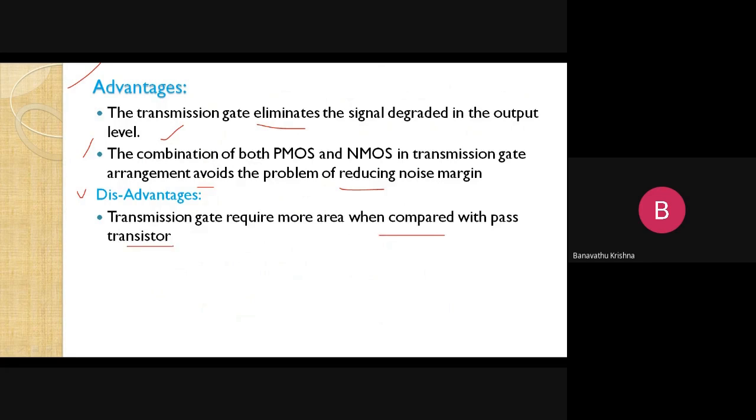As I told you previously in the first slide, when we go with the transmission gate, one drawback is that it occupies a large area compared to the pass transistor. But our aim is to get the maximum response at the output side. So due to that, we avoid the pass transistor implementation and consider only the transmission gate, to get the perfect response at the output side by using the transmission gate over the pass transistor, right?